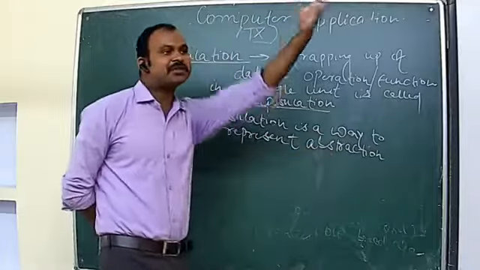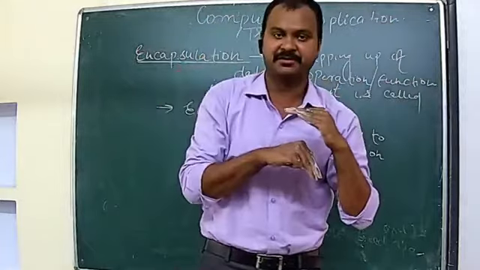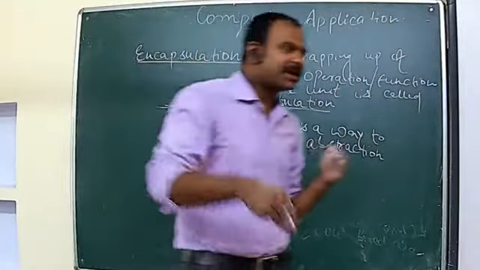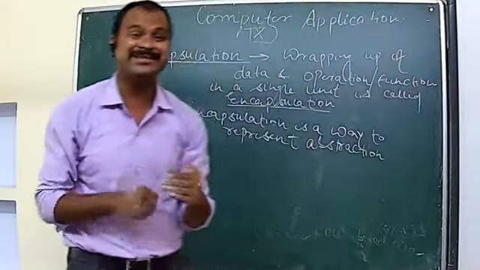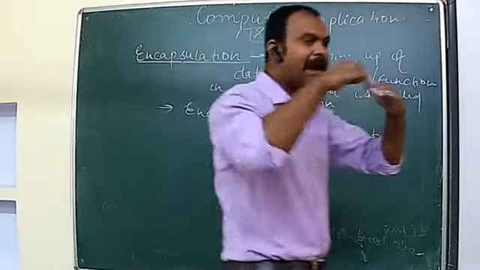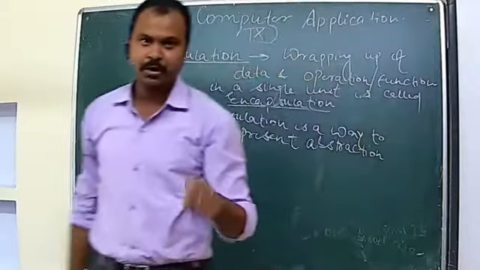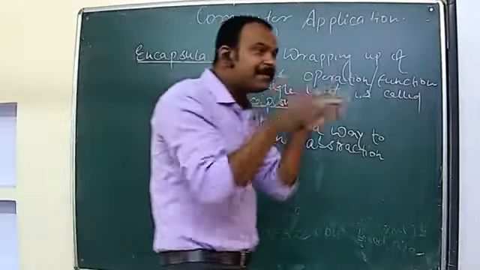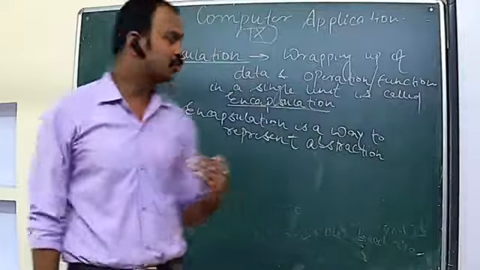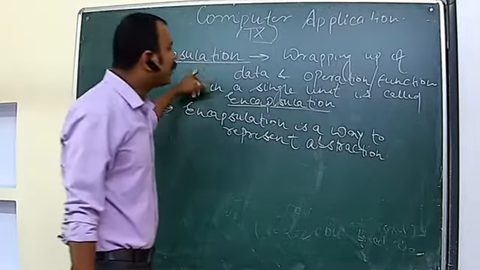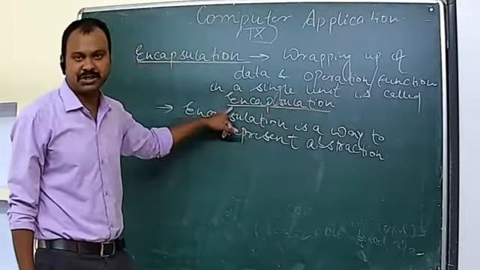Encapsulation means wrapping up of data, just covering the implementation level with an outer layer. Take an example of software that you are using. The source code on which your game software is developed is hidden with the outer layer, or template, or you can say a frame, and on that frame only you are working; you are not worrying about the source code inside it. So it provides security. Wrapping of data and operation functions into a single unit is called encapsulation. It is just wrapping of data.